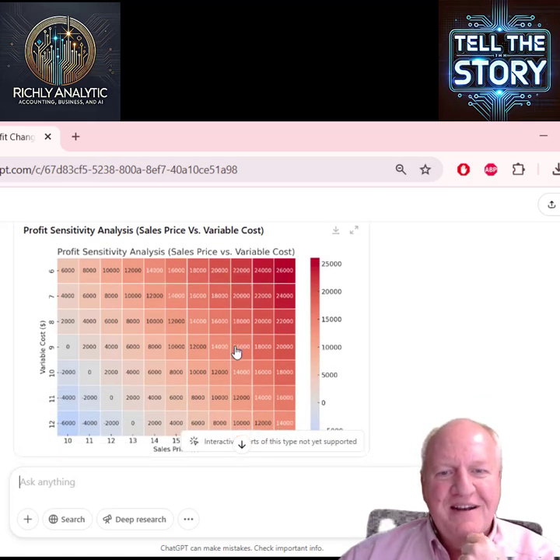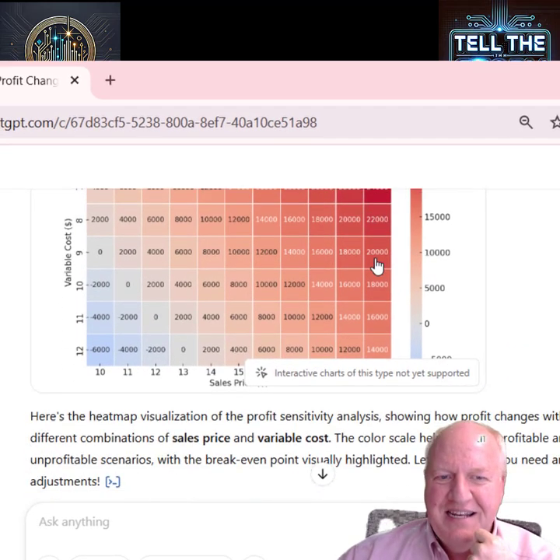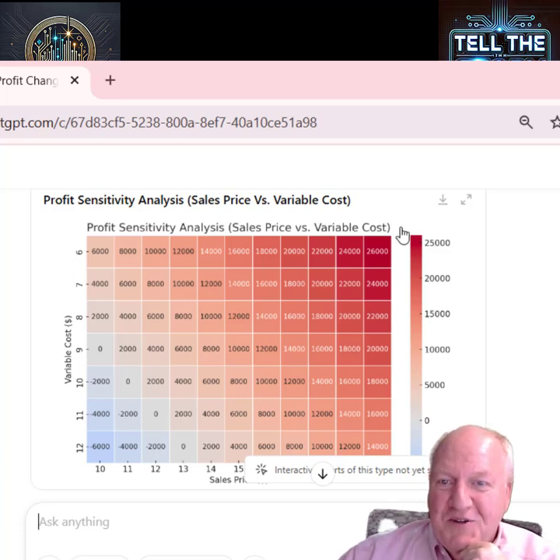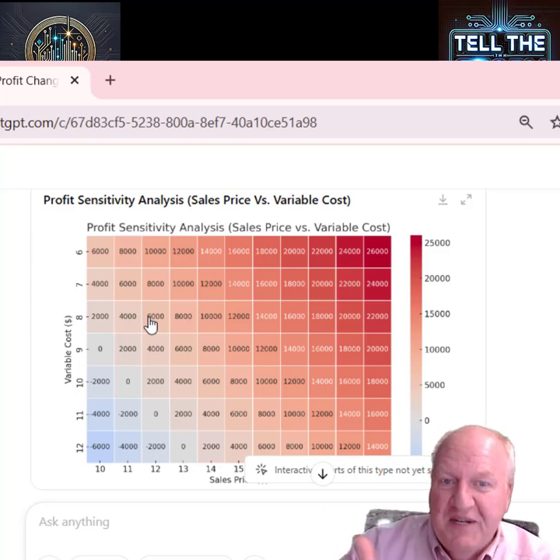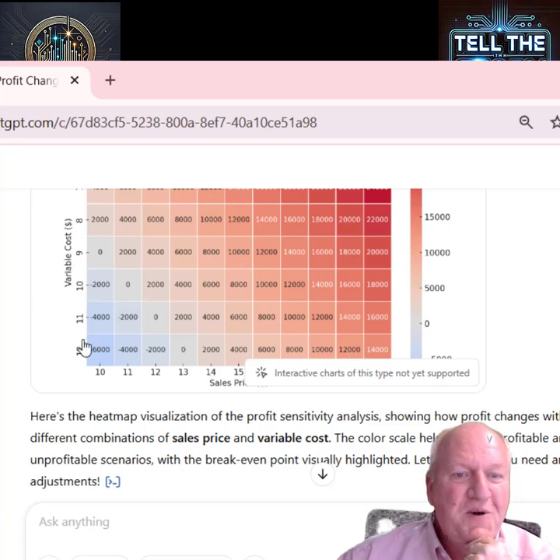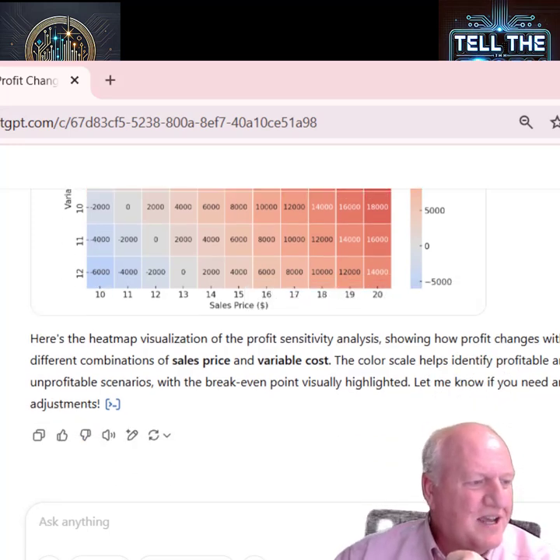Now, as an accountant, I prefer green to be the most positive, but that's not what it shows here. I can work with it and try to get it to change. But I can see the best case scenario is when the sales price is the highest, the 20, and the unit variable cost is 6. And so you can see the biggest payoff there. Now I'm able to look at all the scenarios at once, and the visualization helps me see the trends of where it's going. In this case, for example, if the variable cost is 12, but I'm selling it for 10, hey, I'm losing money. That'd probably not be where I want to operate. I need to see if there's anything else I can do.